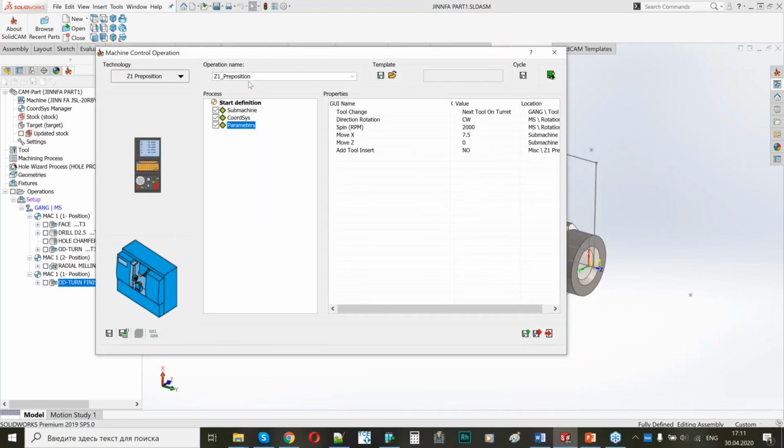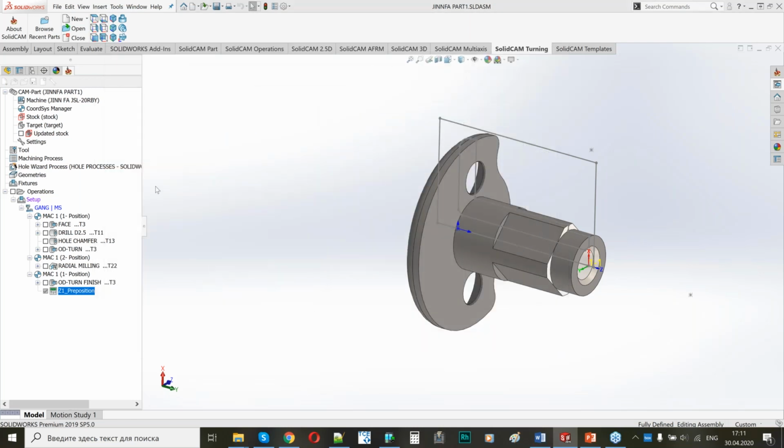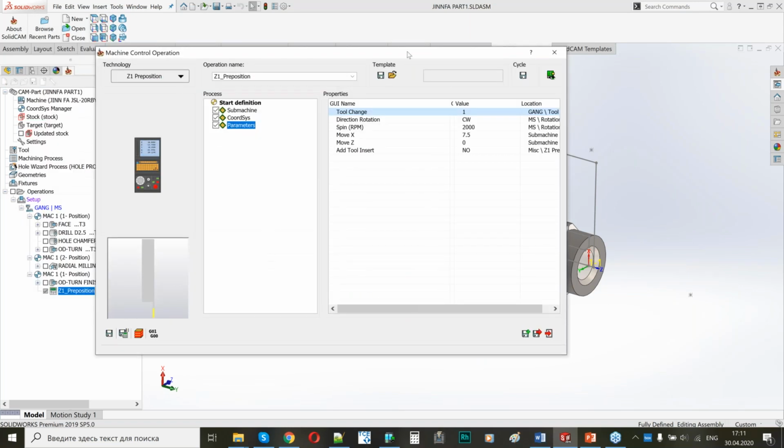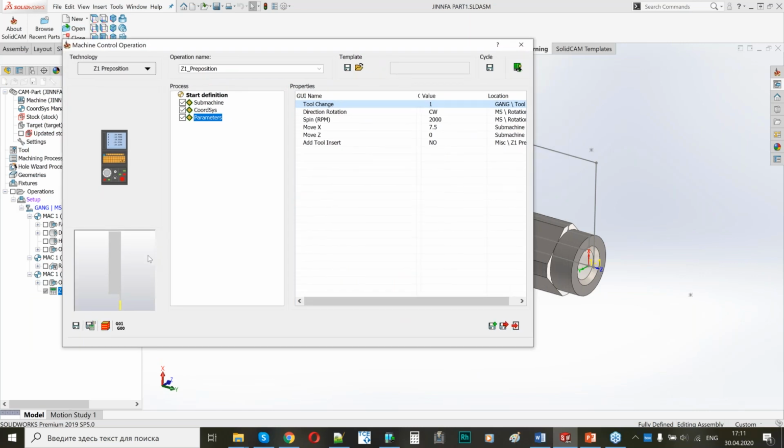we are calling it preparation of Z1. In effect, it's a preparation of the main spindle. What do we have here? Here, first of all, we should choose the cutoff tool. It seems like the same process as for the mill turn machine, but the cutoff tool for the Swiss type machines is really critical information which goes together with machine parameters and is loaded with the G code. And here I can apply the